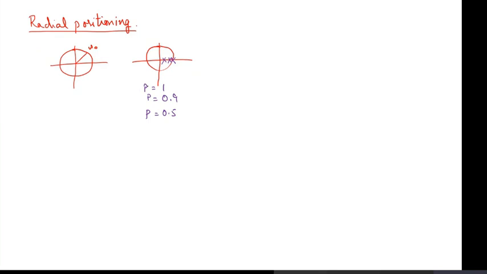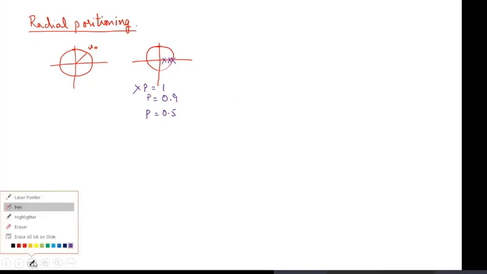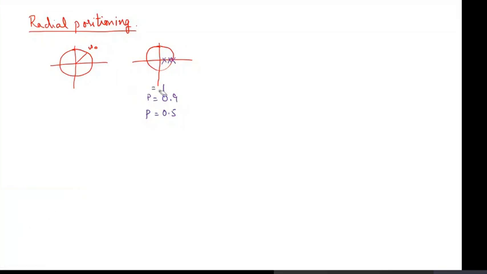The first thing is that we cannot place a pole at P equals 1. It will make the system marginally stable. It has to be below 1. That's why I started with 0.9, but you people didn't even answer. So you have to be very careful. In the first instance, you should have told me, sir, that is not possible.